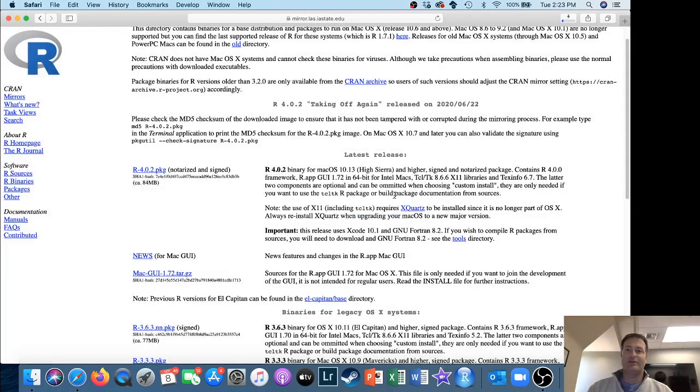You might have to allow downloads and stuff. You'll figure this out, right? I mean, you were born downloading things. This is no different. So you download R, and then if you're on a Mac,